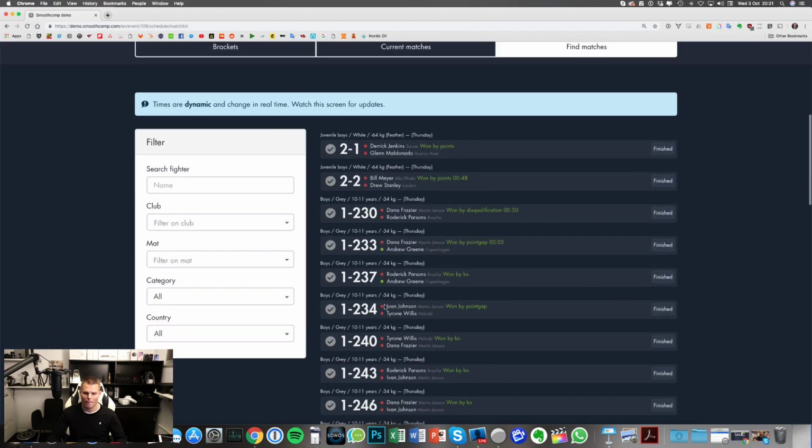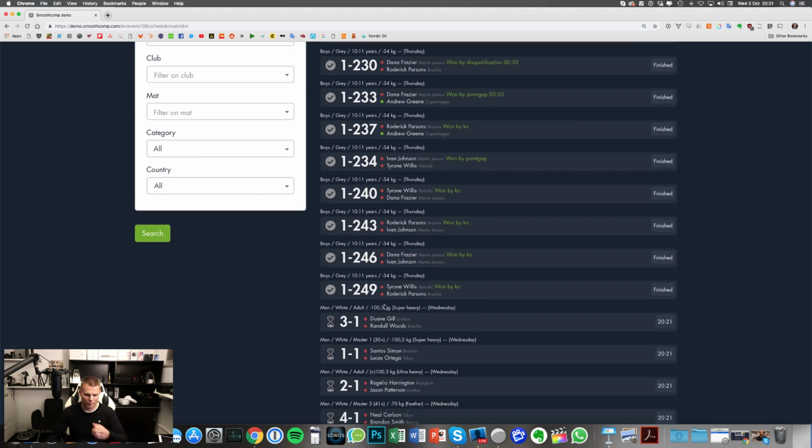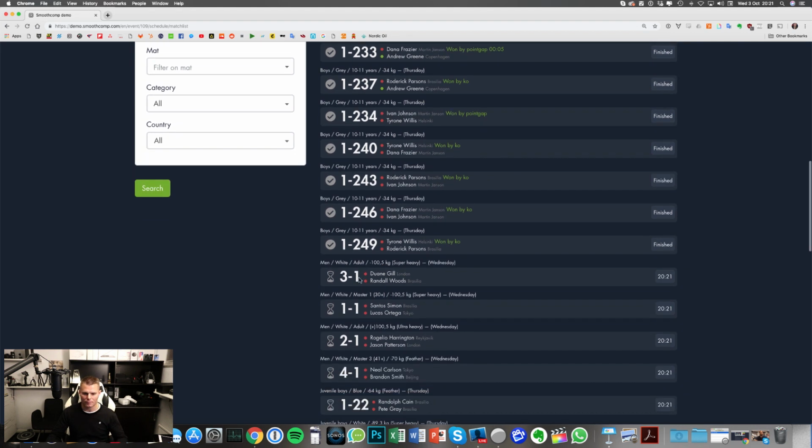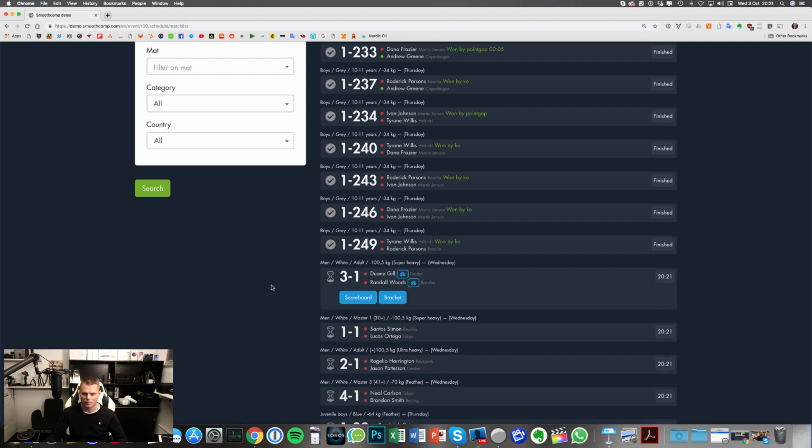Staff members can score fights at the score table, and they can weigh in people, and they can give out medals. And you assign this from your organizer manager. If they have a Smoothcomp account, you can just copy their email address and assign them staff rights, and they can help you with your event without getting the keys to your most treasured homepage. So from here, I could also perform a weigh-in.